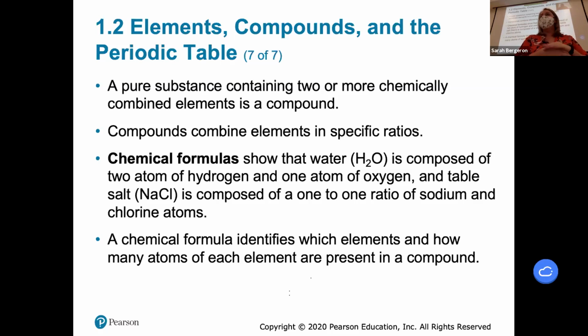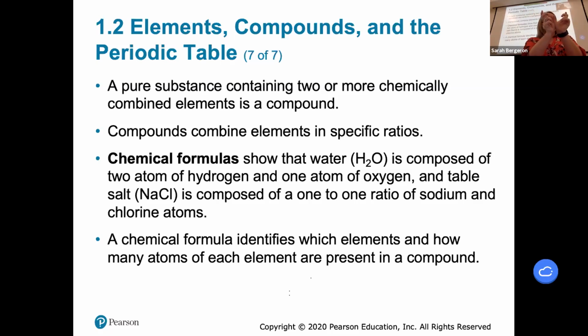There's lots of information just in the name. It's telling us 2 what? 2 hydrogens. What about oxygen? We only have 1. If you don't have a number written, it's assumed to be 1, right? And so when we write our formulas, you'll never see a 1 because it's just assumed that it's there. Same thing's true about sodium chloride. You're always going to write sodium chloride NaCl because it's a 1-to-1 relationship